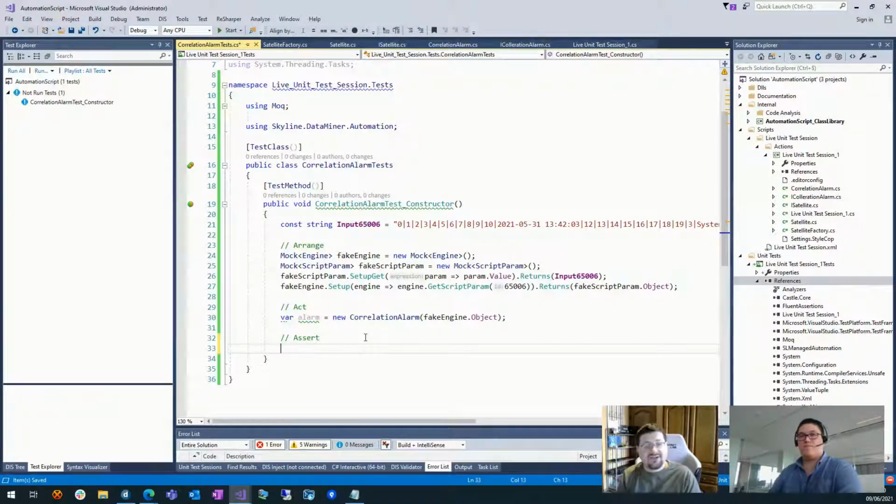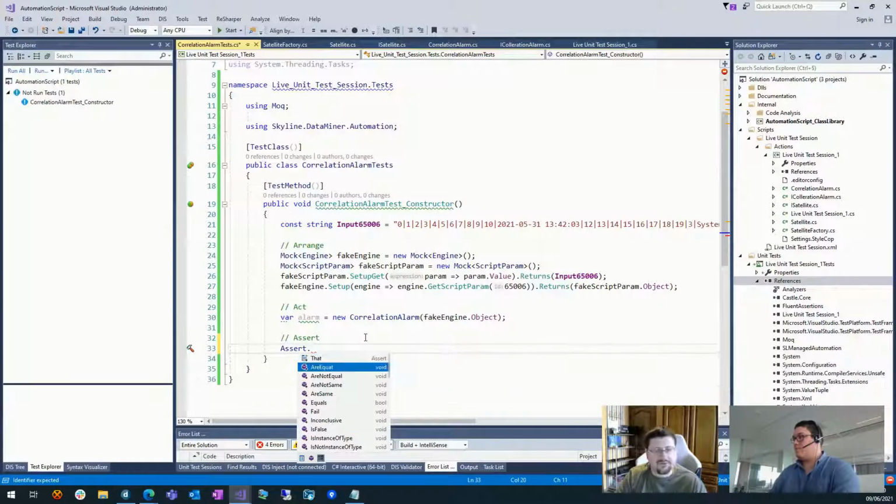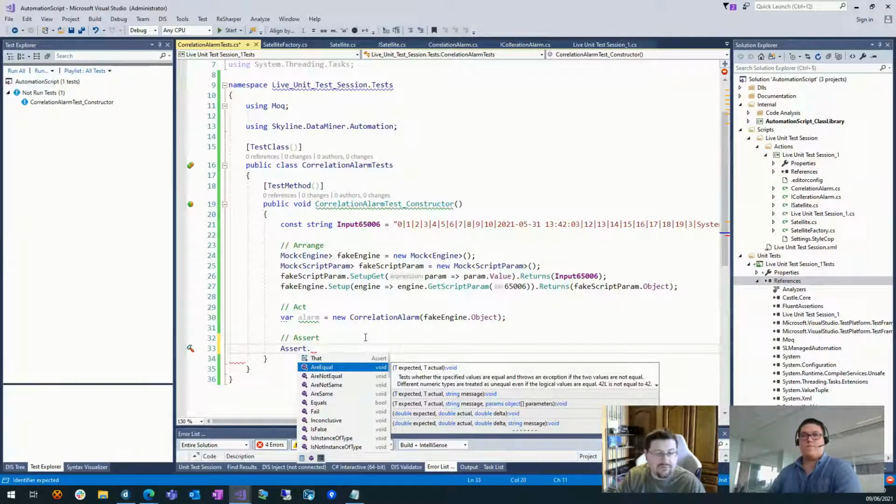For asserting, there's a couple of ways to go ahead. You can use the default Assert class that's available, and it'll work for simple things. You could say, I'm going to assert alarm ID or something. It's not in there yet, of course, but you could do it. But if you have multiple assertions in your test, it gets very difficult to know what actually failed unless you provide your own message.